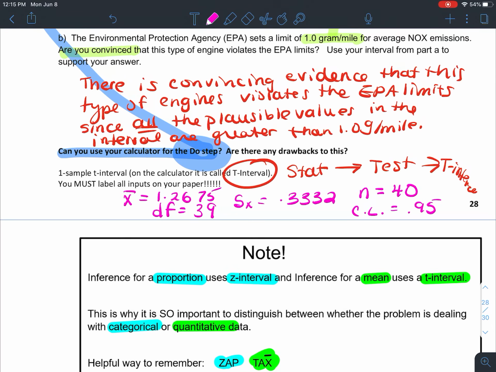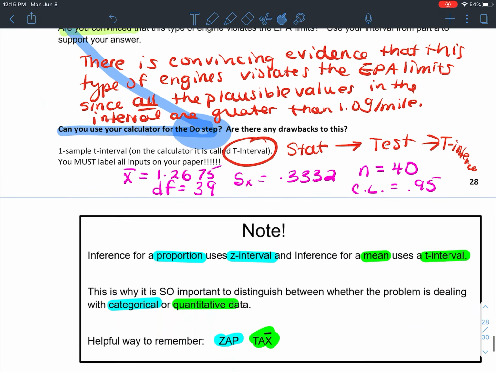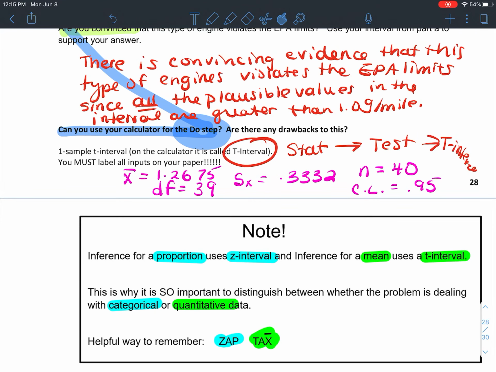When you do that, it's going to spit out a confidence interval, and guess what? It's going to be the exact same confidence interval that you would have gotten had you used the formula. And so essentially, you're replacing showing this formula and maybe this part here with just listing all your inputs that you're putting into the calculator, and it will spit out your confidence interval. Okay, we will pick up